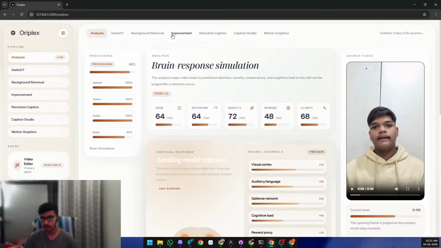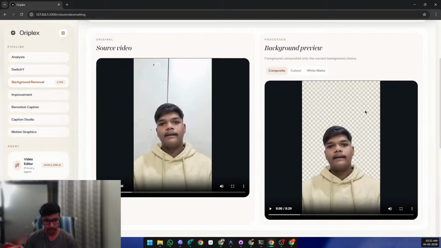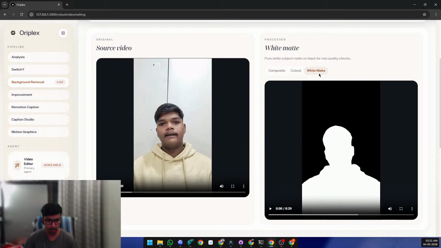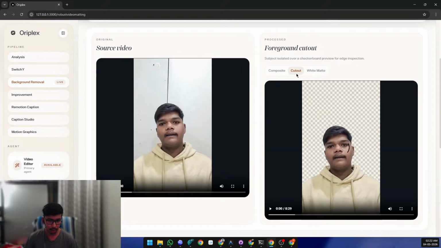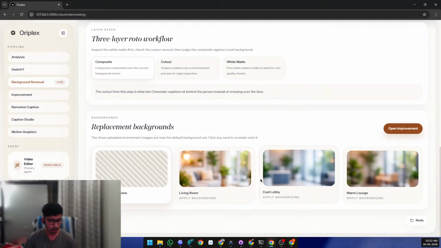Background removal is, I think so, mask oriented, like getting the alpha out, right? Like first getting the white matte, and then getting the alpha, and then cutting it out. That's it. This was the first thing I was trying to build, but then I saw that SwitchX thing and